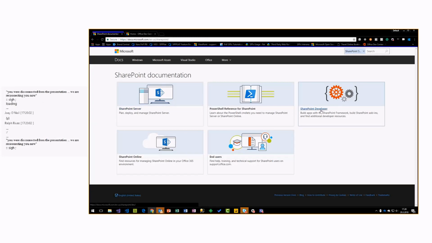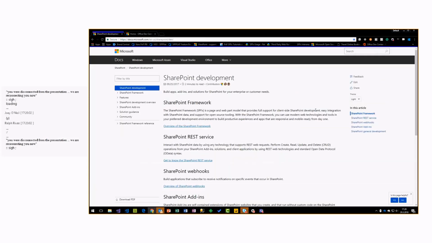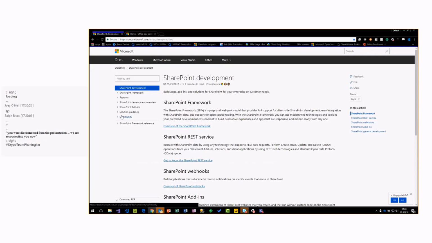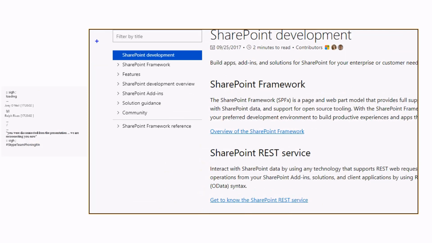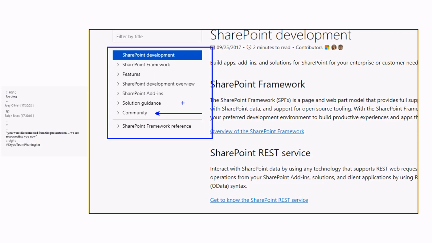And obviously we are SharePoint developers, so we can actually go to the developer side. On the developer side, and yes, I've used that joke quite a few times, we now have this new item in the left navigation, which is called Community. And this is basically a replacement of the old SharePoint PnP page, if you ever ran into that page at dev.office.com,